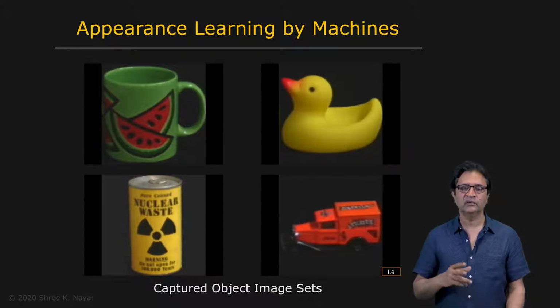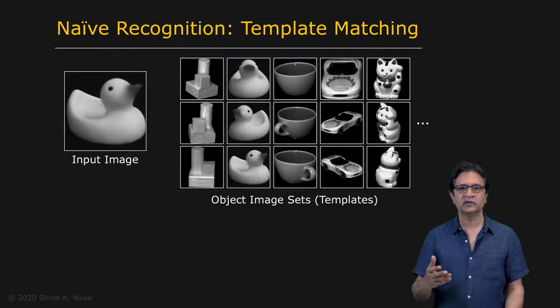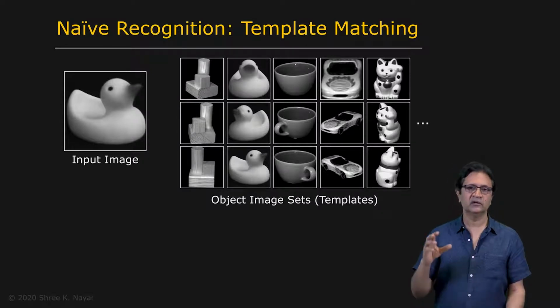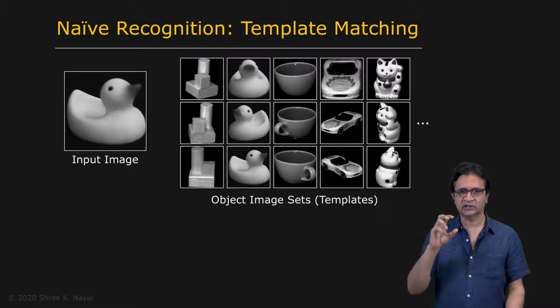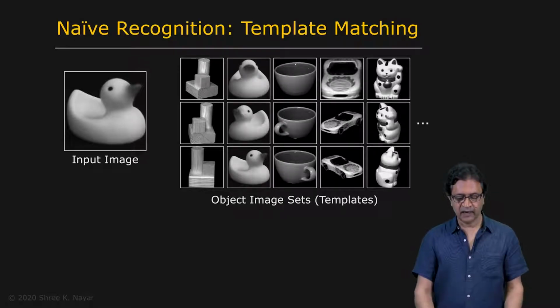So now, how do we perform recognition? Well, the most naive way of doing this is to simply perform template matching. You're given an input image, and then you assume that you can apply segmentation to the image. You can extract the object out, rescale it into that same canonical size that we talked about, and then you simply apply template matching, image for image.